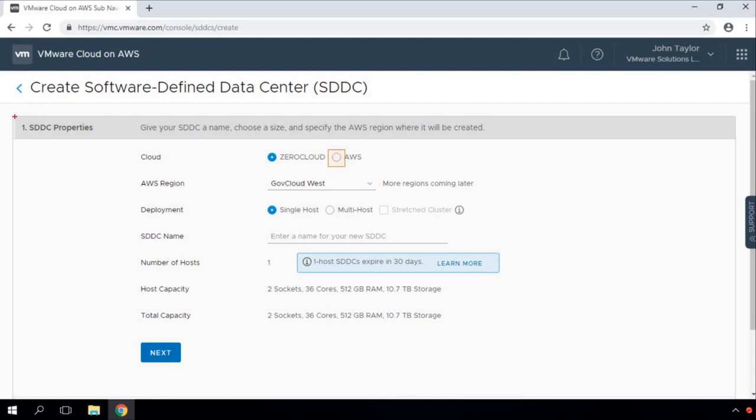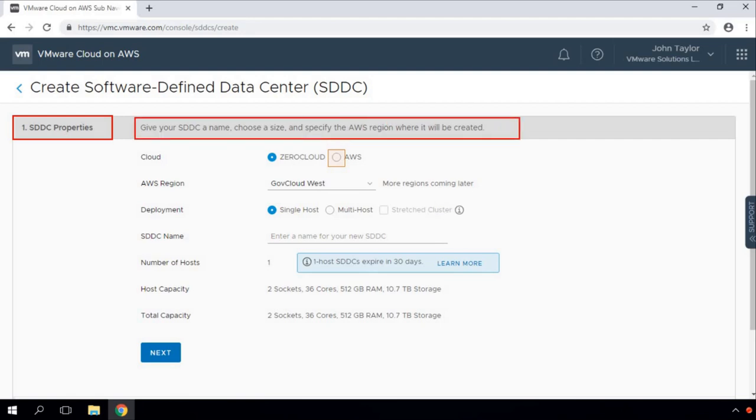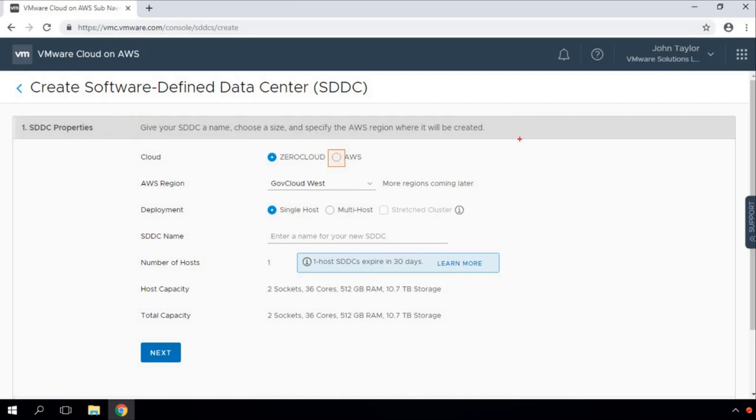So the first category of configuration deployment parameters, you do see that those belong to SDDC properties, which means that this set of information would be relevant to SDDC details such as the name of the SDDC, choosing the size of the SDDC, and defining the AWS region, like in which region we would like to deploy this particular service. So that's what this section is all about. Let's go and understand every single option in much more detail.